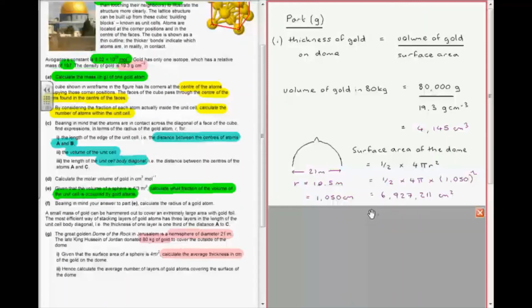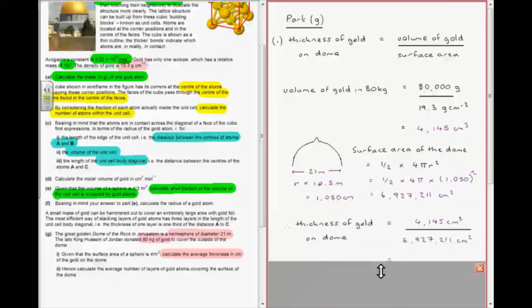So we now know the volume of the gold which is going to be coating the dome and the surface area to be covered, and so we can simply put those numbers into our equation at the top there to calculate that the thickness of gold on the dome is equal to 4,145 divided by 6,927,211, which gives a value for the thickness of the gold on the dome as 5.98 times 10 to the minus 4